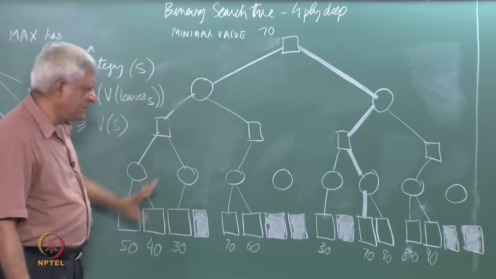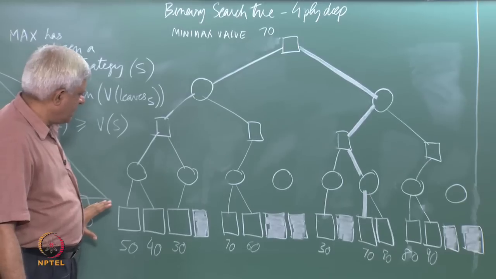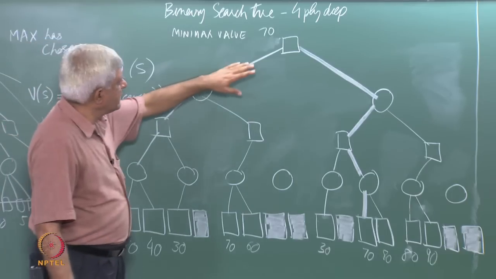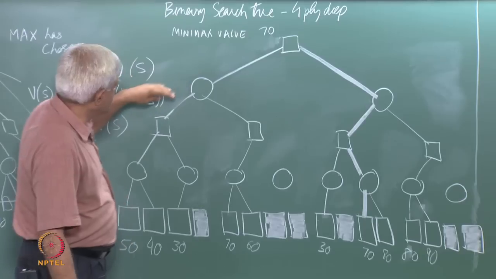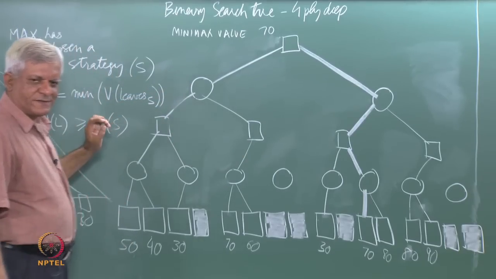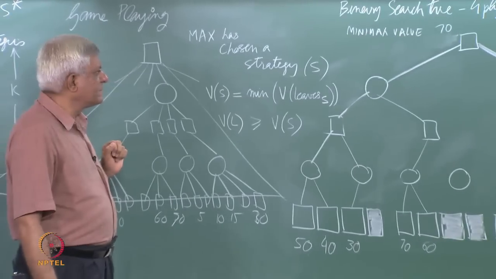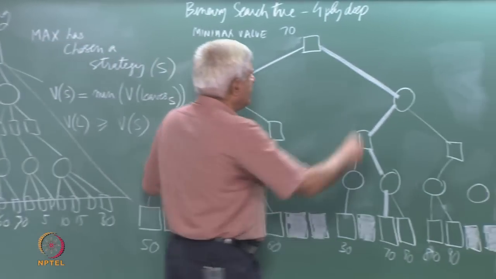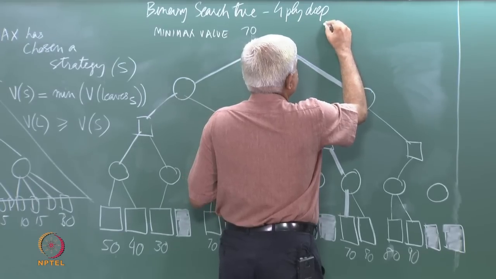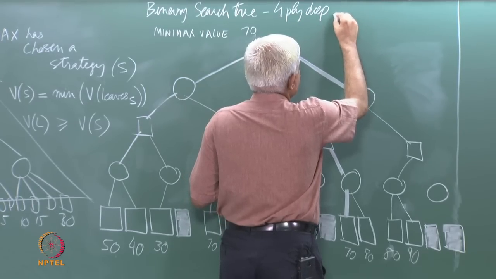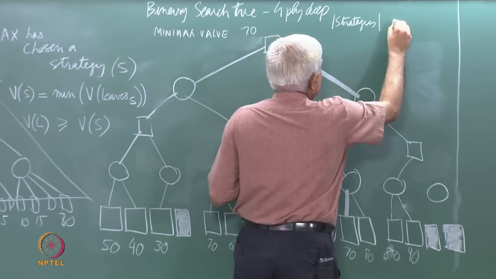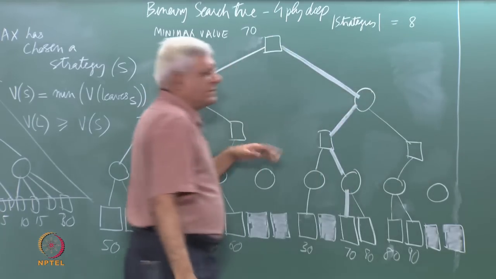So, there are 16 leaves, and how many choices, how many strategies does max have? 2 choices here, 2 choices here, and 2 choices here. So, max has 8 strategies available to that, and I will just write it here, number of strategies is equal to 8 for a 4-ply